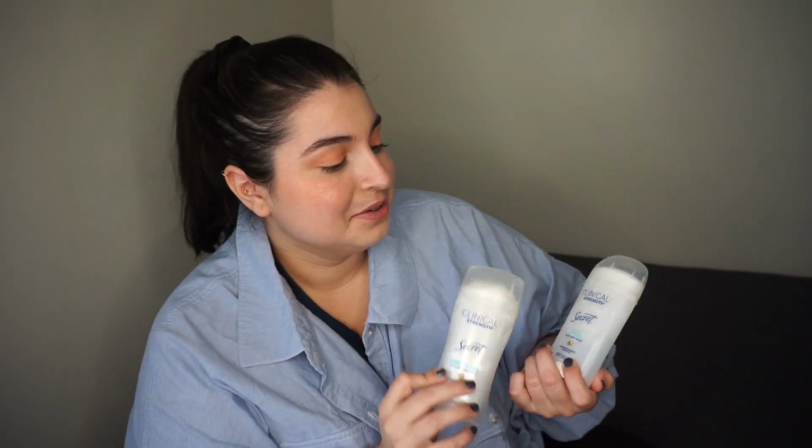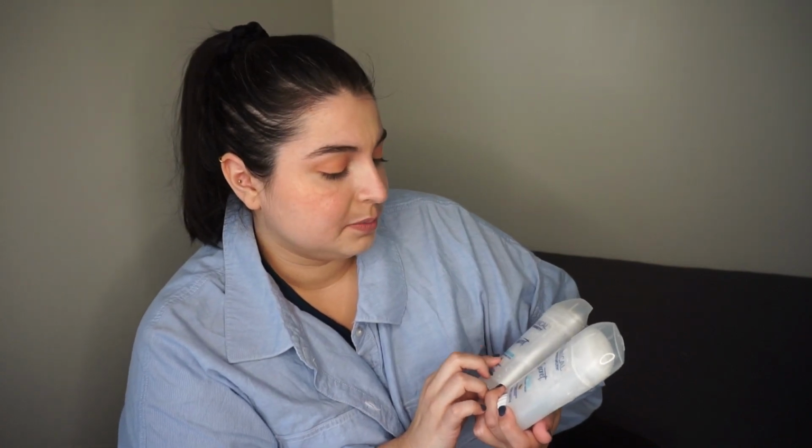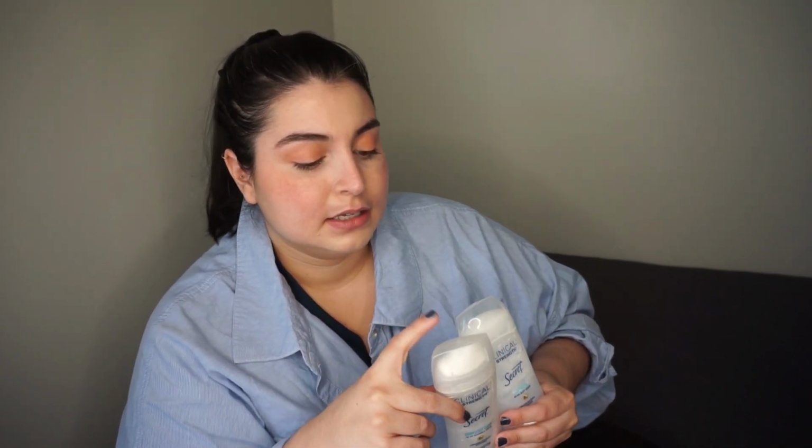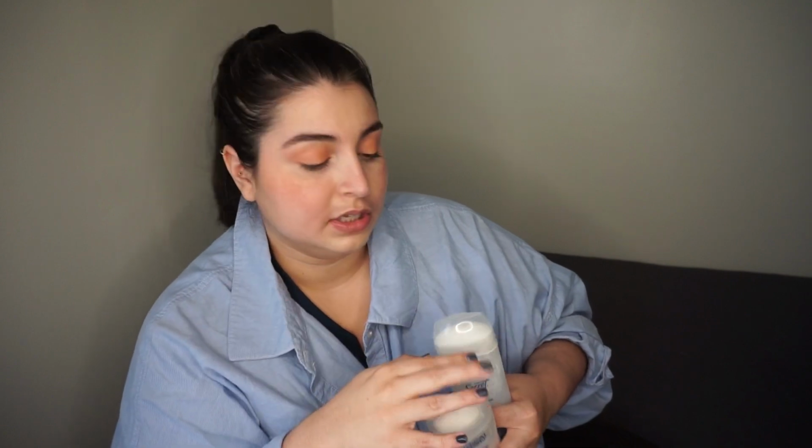We have my go-to deodorant, which is the Secret Clinical Strength. These are two different, like, scents. One is completely clean and one is waterproof. And one of them is a roll-up solid, and one of them is a cream solid. And I'm a fan of just the Clinical Strength product in general. I really was looking for a